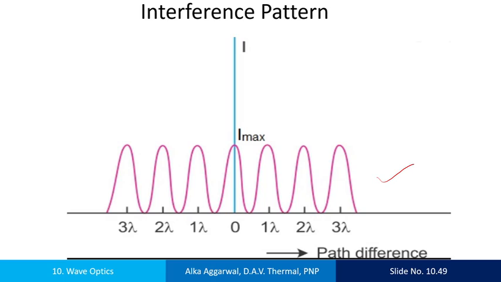This one is an interference pattern. See, the intensity is almost the same. But there are some cases in which the intensity of all the bright fringes is not the same in interference patterns. We will discuss it in higher classes. In terms of path difference, the bright fringes are obtained when the path difference is 0, lambda, 2 lambda, 3 lambda, and so on. And the dark fringes are obtained when the path difference is lambda by 2, 3 lambda by 2, and so on. You can ask this in terms of the phase difference also.